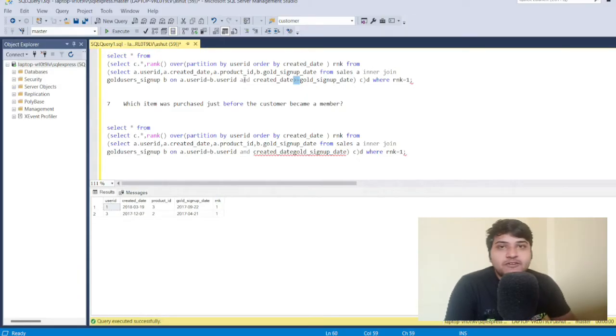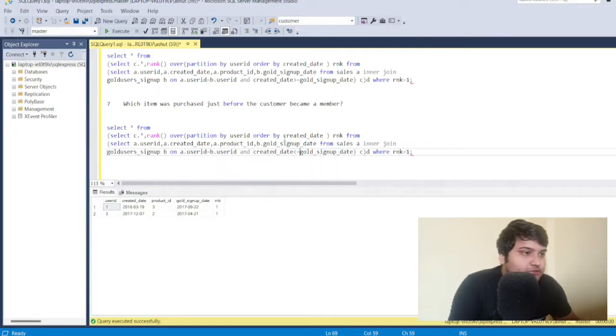Now I want to get the information of all the orders of the customers before they applied for the gold membership. So here I need to provide the symbol less than or equal to gold sign up date. This will give me information of all the orders which were done before becoming gold members. So here we are getting the information, and also order by created date, this should be in descending order,